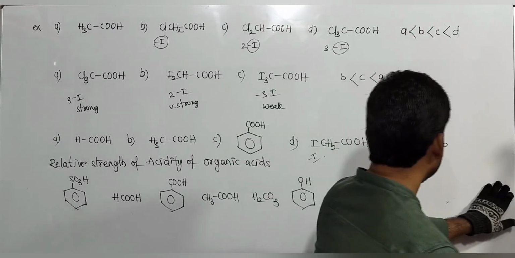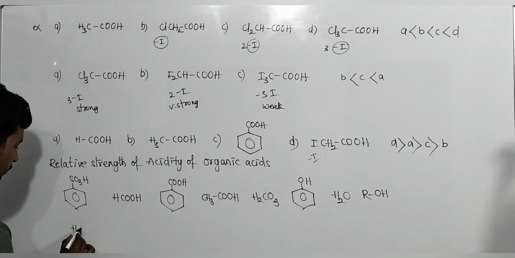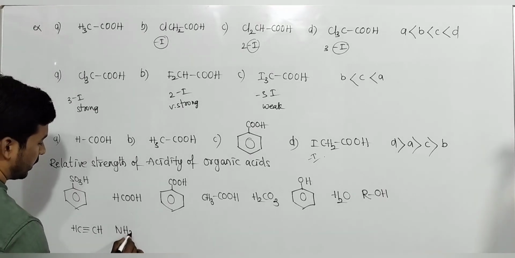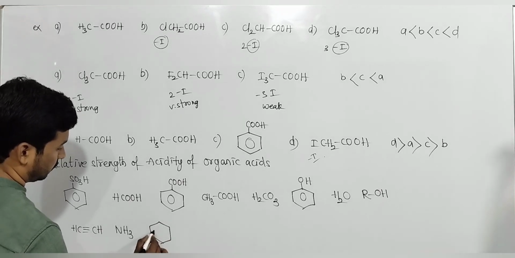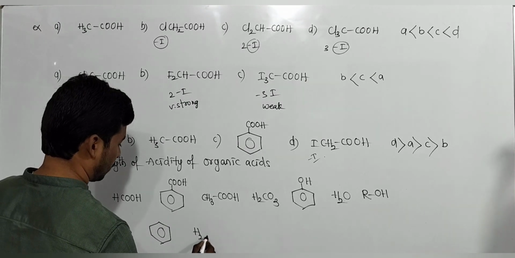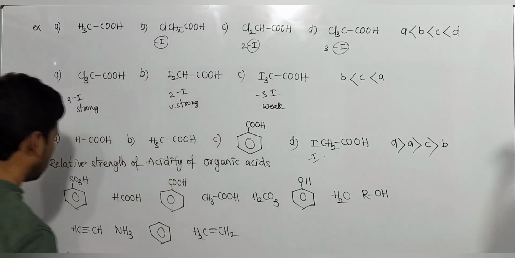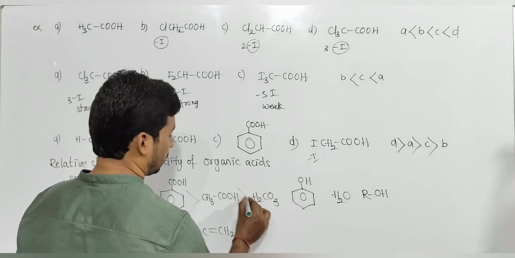After alcohol, acetylene is a stronger acid than ammonia, stronger acid than benzene, stronger acid than ethylene. This is the acidity order. So the order is like this,